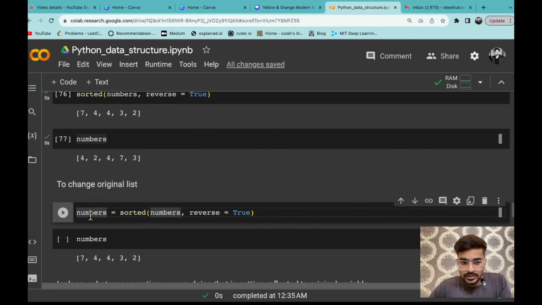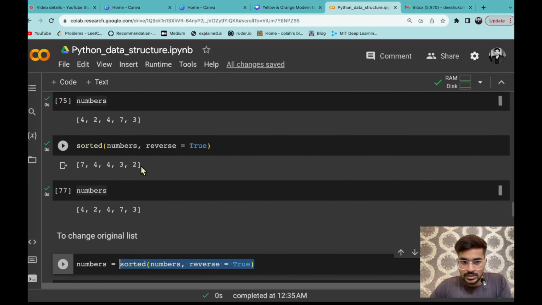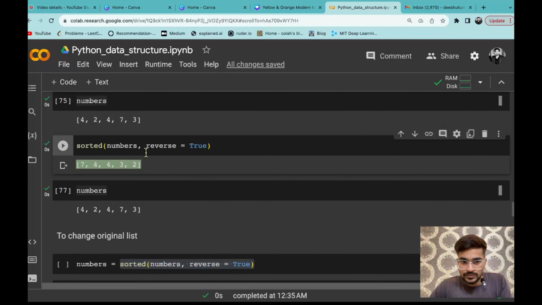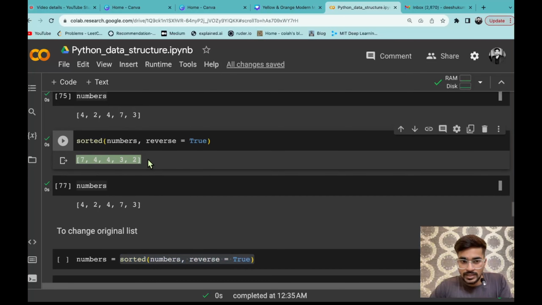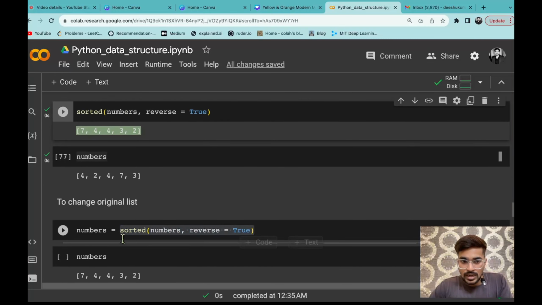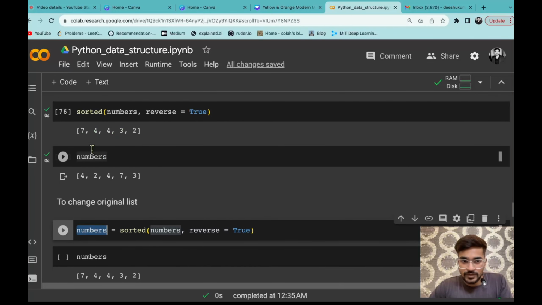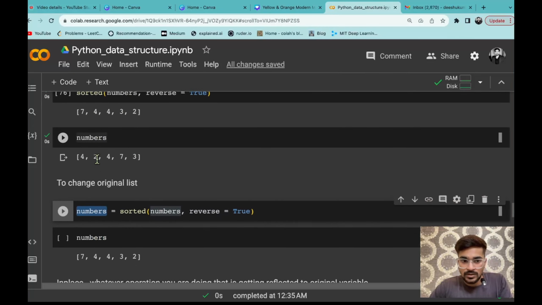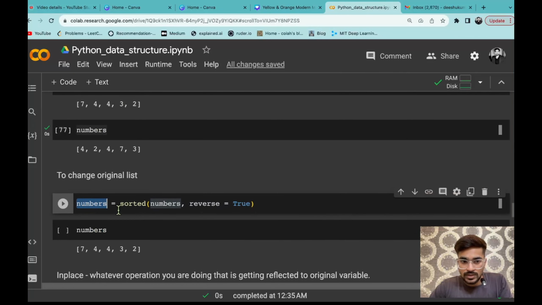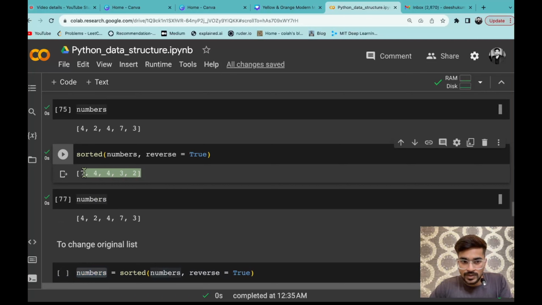So you define numbers as a variable again, and you assign sorted of numbers with reverse equals true. This will return the values in descending order. Whatever descending order value came, you assigned it to that variable name which was initially defined. So now it will store just this value.